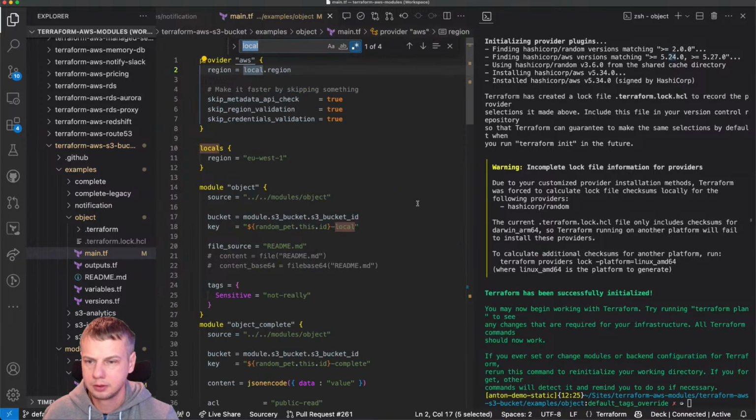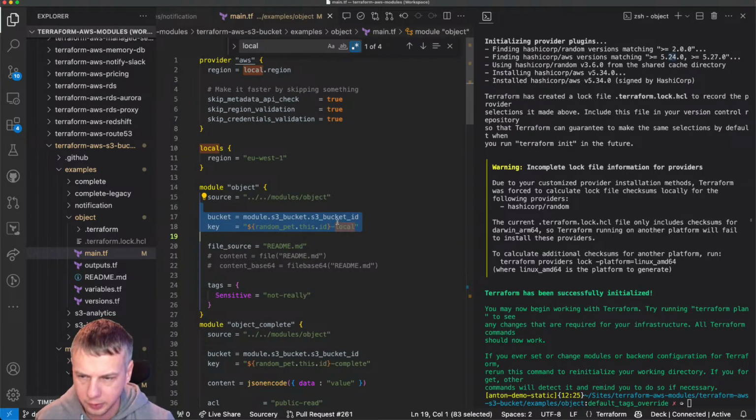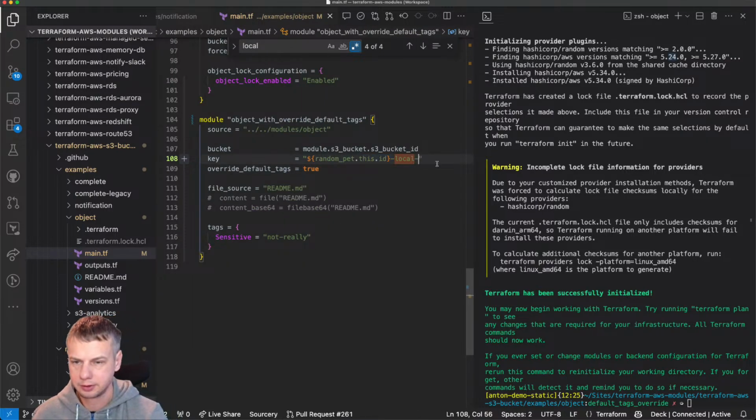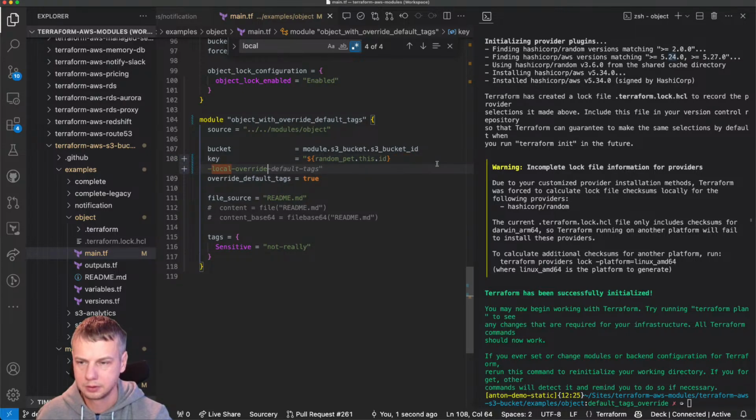Local, what is local? We are already uploading one thing with local. So this file is going to be overridden. Let's have it override. Override default tags. Amazing.